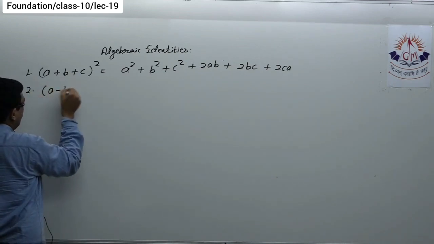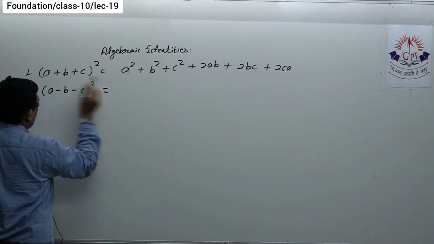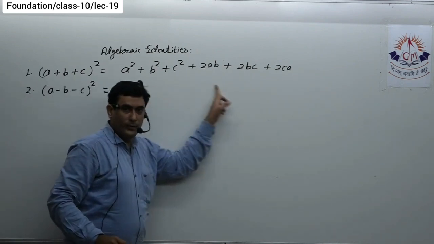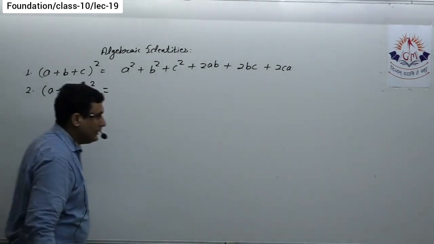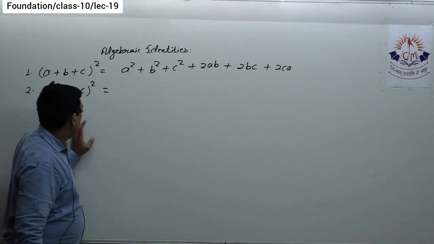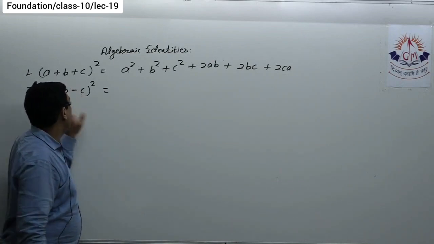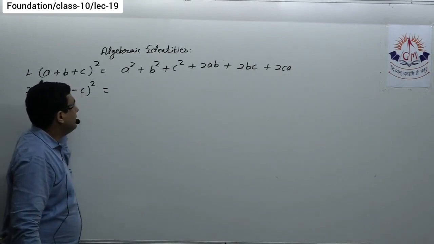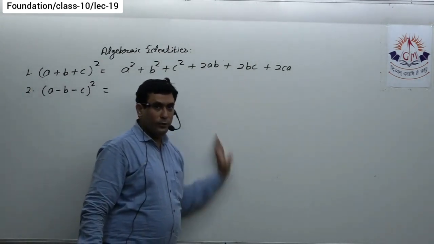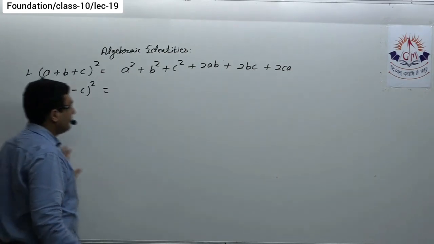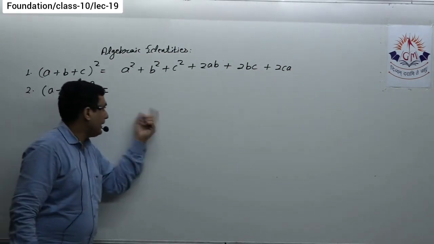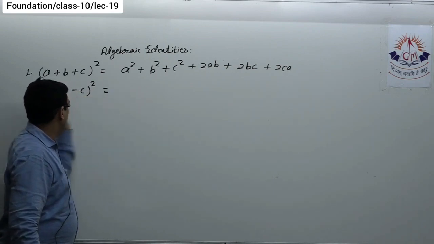So first let me discuss this. Suppose I make these two negative, then what will be the identity? Definitely it won't be the same. There will be some changes. Now how do we find those changes, and also how do we write the identity with this change in the sign? You have to mug up only this original form first, no need to mug up the remaining 7. Just understand how you have to write the right side as per the change in the sign.